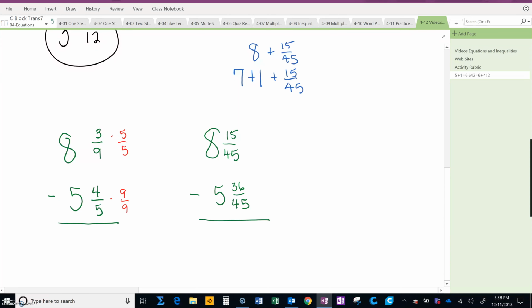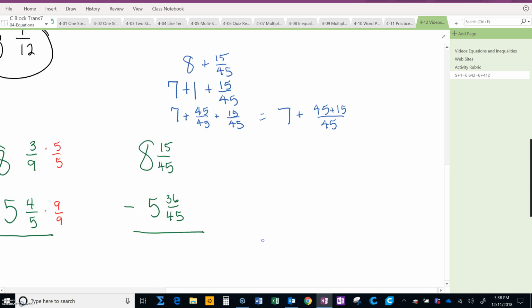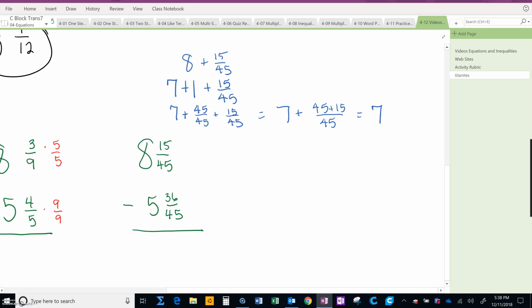All right, so now what I'm going to do is change the 1 so it has a common denominator with 15 over 45. So since you can write 1 whole as any number over itself, we'll work with 45 over 45 to have a common denominator with 15 over 45. So this is where the regrouping comes in. So now I'm going to have 7 plus 45 plus 15 over 45 because we're adding the numerators and keeping the denominator of those two fractions. So we get 7, 5 and 5 is 10, 2 and 4 is 6, so that's 60 over 45. So what we have just figured out is that 8 and 15 45ths could be rewritten as 7 and 60